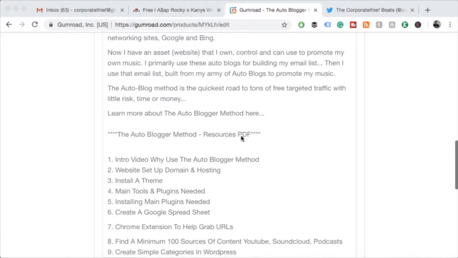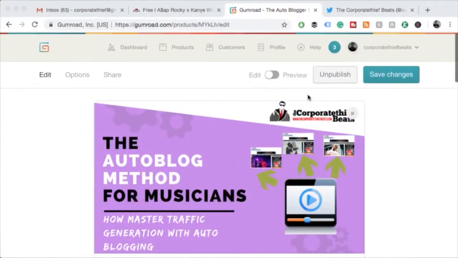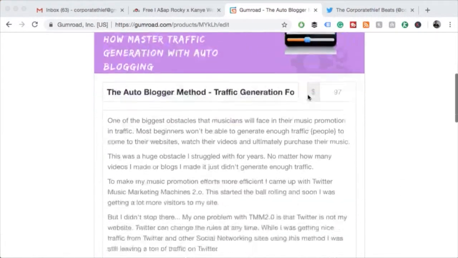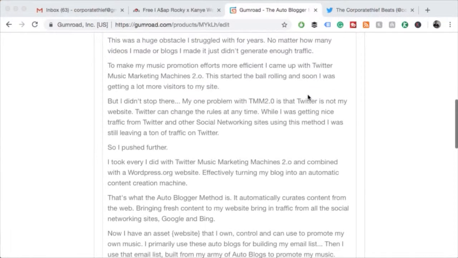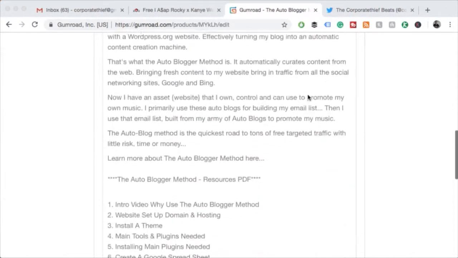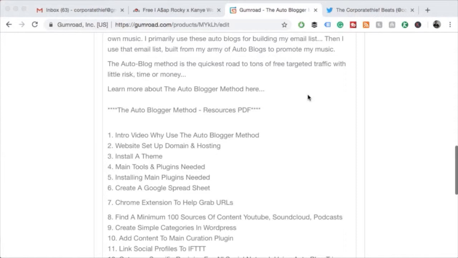So the PDF just has all the links to all the tools and stuff that I mentioned in the course, because the course is actually hosted on Gumroad, which is really easy and convenient because they just host videos as well, and it protects the course. But it's really awkward because there are no links or anything underneath the videos.